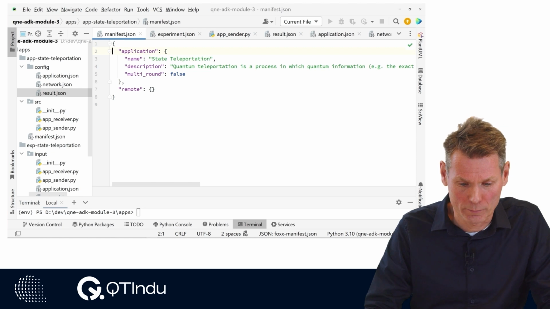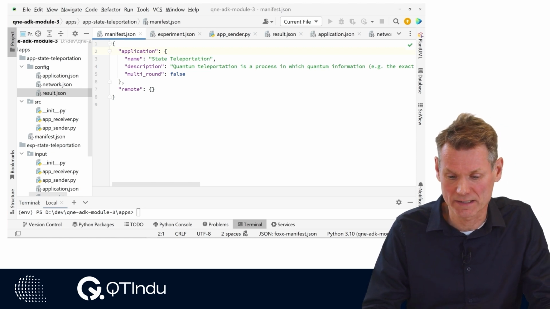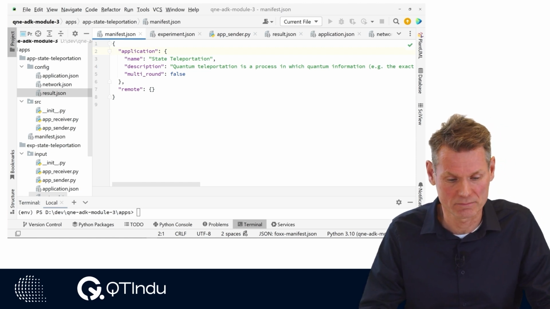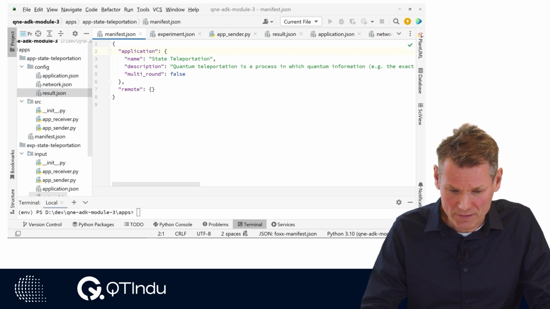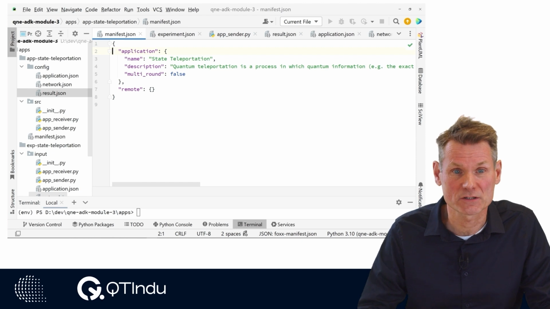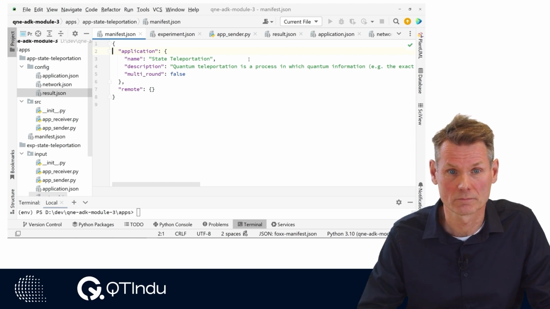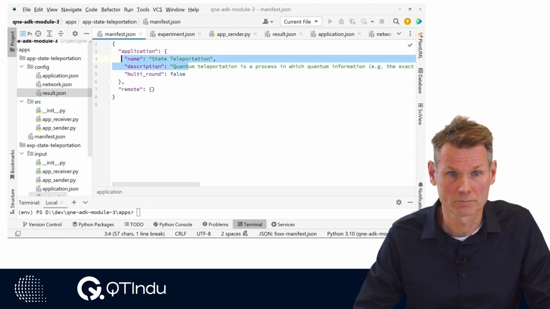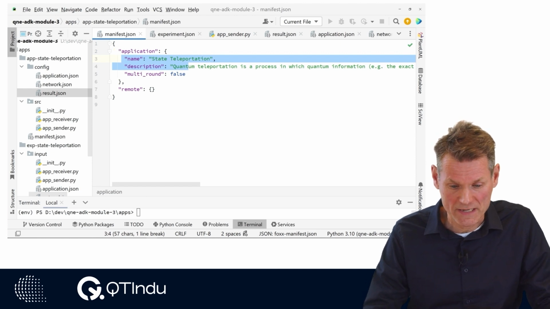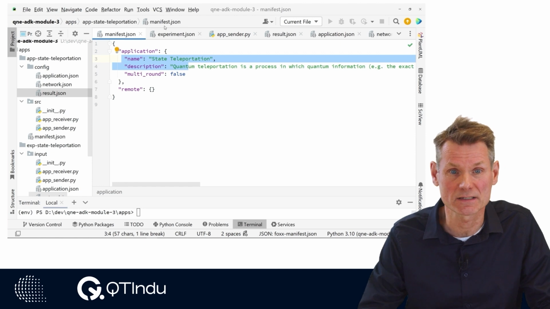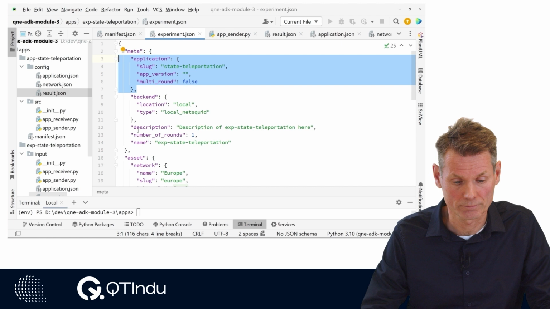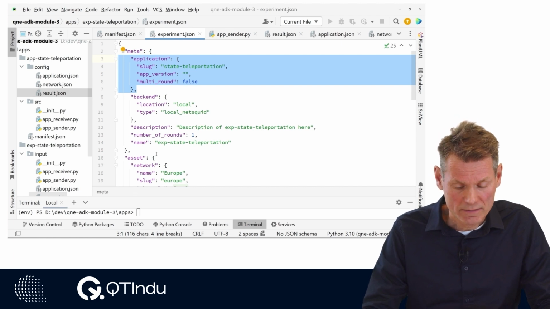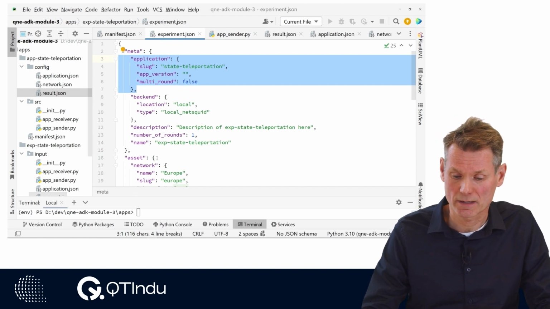In the Q&E Community Application Library, the application name and description are presented. The values come from the application file manifest.json, more specifically the application section of manifest.json. The application is also saved in the experiment file experiment.json as application in a meta section. The simulator and its location are registered in the backend section.